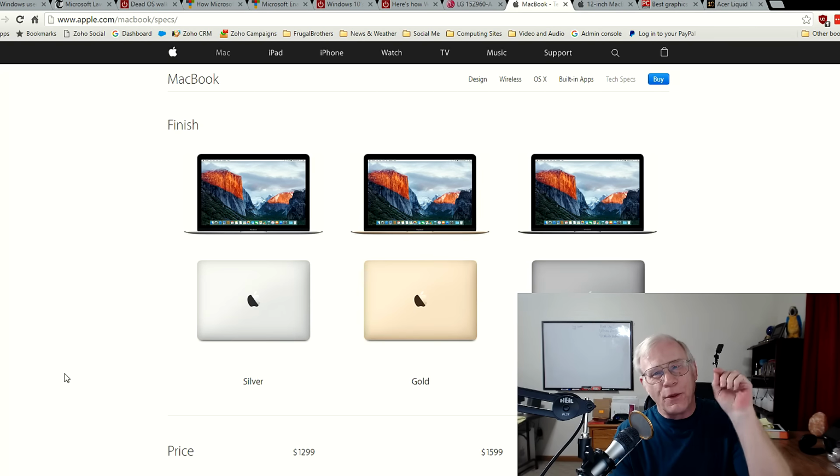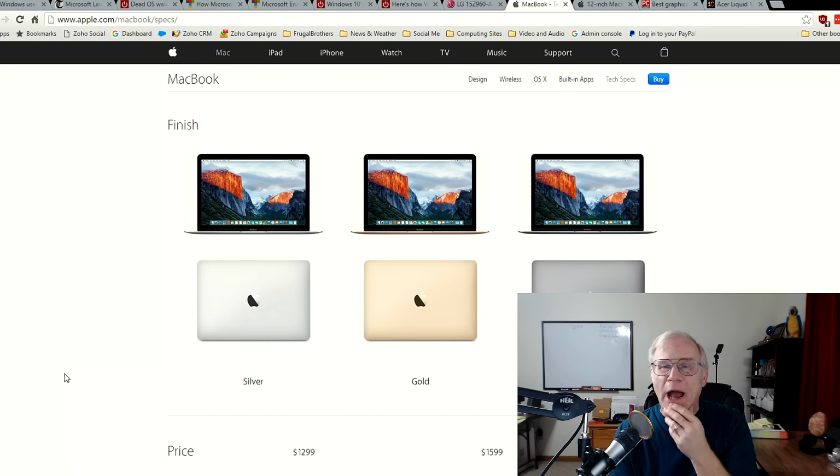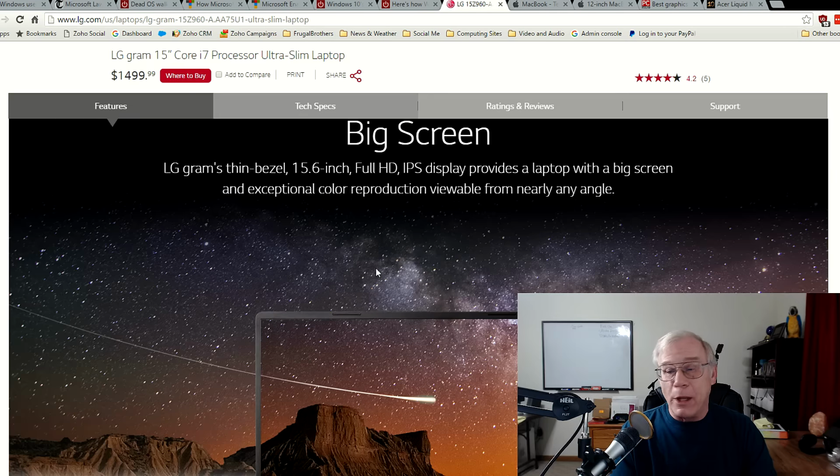These guys are getting some heavy-duty competition, but done right. To me personally, the Apple MacBook is nothing more than a fashion accessory. Okay, if you're into Gucci handbags or whatever, this is the machine. Totally useless to me. I know there's going to be somebody go, oh, but Bruce, they're really light and super thin, and I can even edit 4K video on one of these things. Okay, for the rest of us in the real world that's not under the Apple ether, but we like something like that, this is an amazing looking machine.